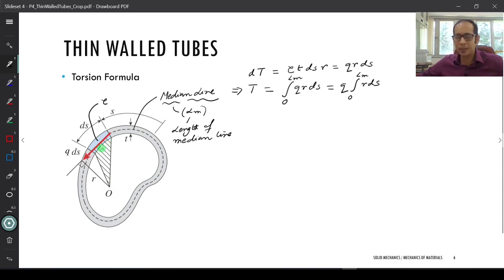Now, if you take a look at this shaded triangle, what can I write? This shaded triangle spans this length ds, as you can see, and its two ends are connected to this centroid O. It has an altitude of r, which is the distance I used to calculate my incremental torque. So how can I write the area of the shaded triangle? I'm going to call the area of the shaded triangle As. So the area of the shaded triangle is simply going to be